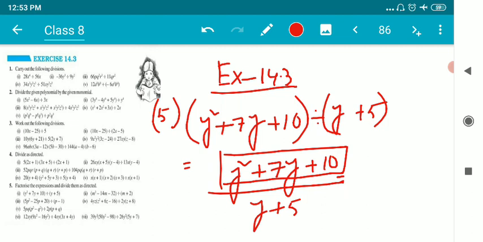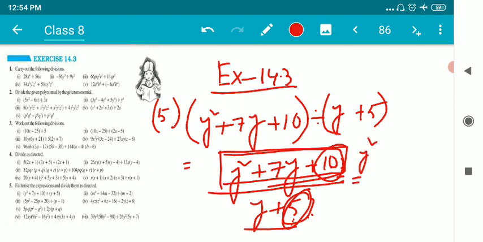As we can see here, the numerator can be factorized with middle term factorization, because you cannot divide this y plus 5 with the entire numerator. You don't make such mistakes. Don't cancel this 5 with 10, because this way we cannot factorize, because it's under operation. This 5 in the denominator is under an operation of addition, and this plus 10 is under an operation of addition. So they cannot be factorized directly. So let's factorize the numerator.